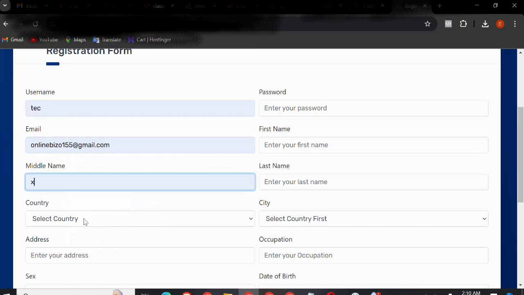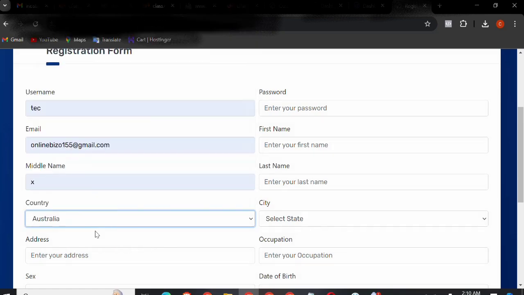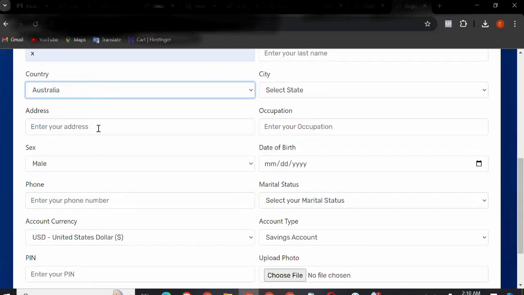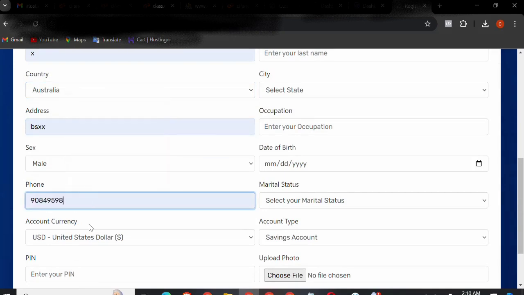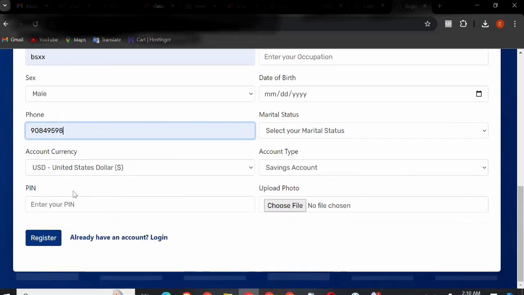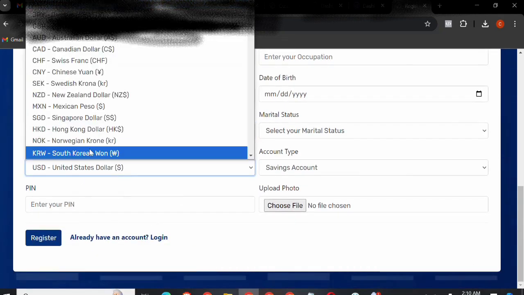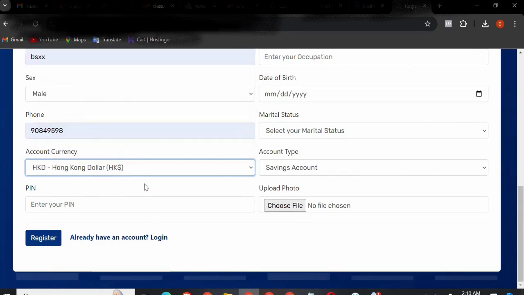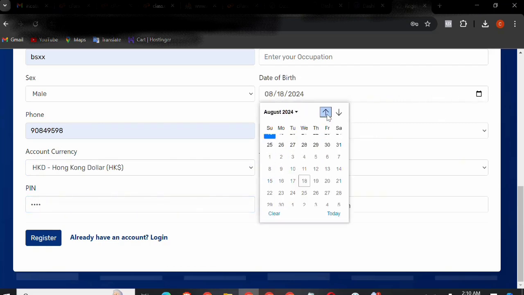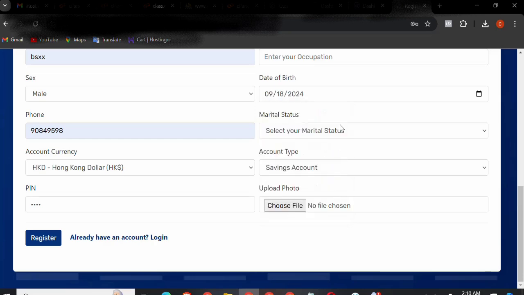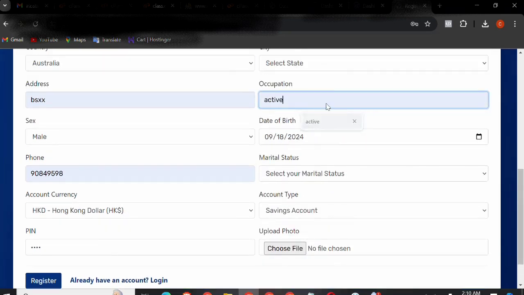And my middle name, country is Australia. My address, I just kind of use any address. My phone number, this is just it. Currency, that is a cool feature about this website. You can select the kind of currency you want the account to have. My pin is just 12345. Savings account, marital status, the date of birth for the account owner. I just say today, occupation, active,